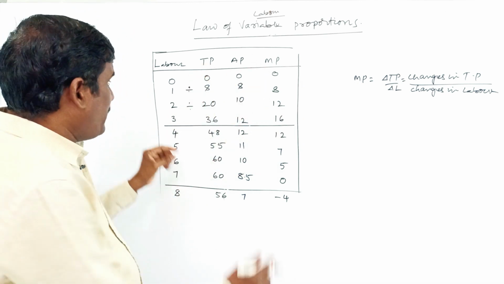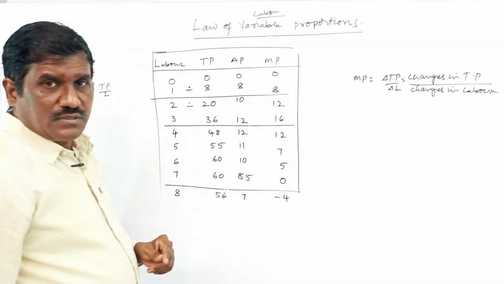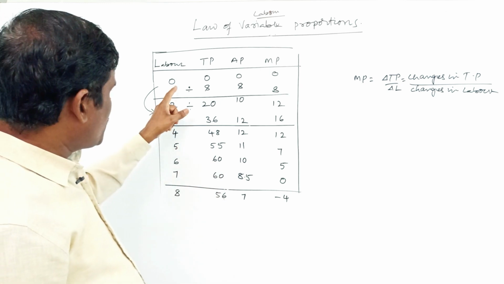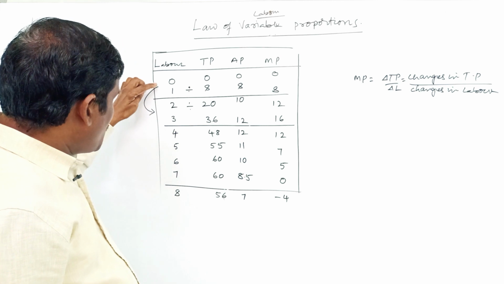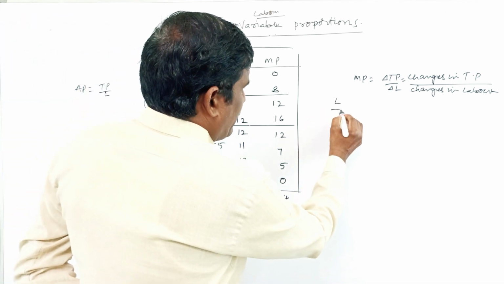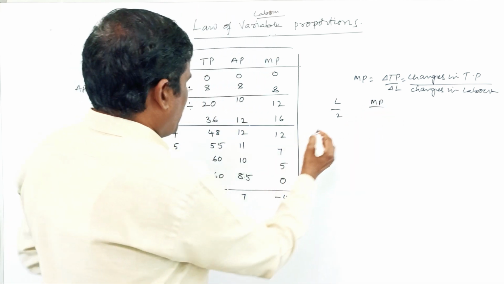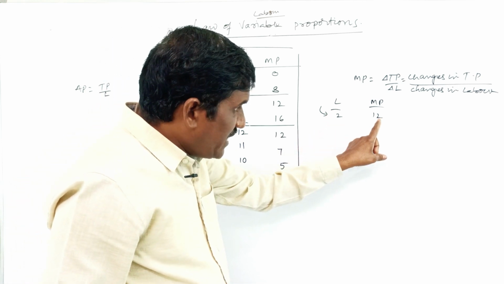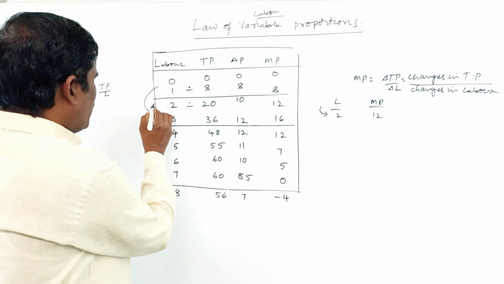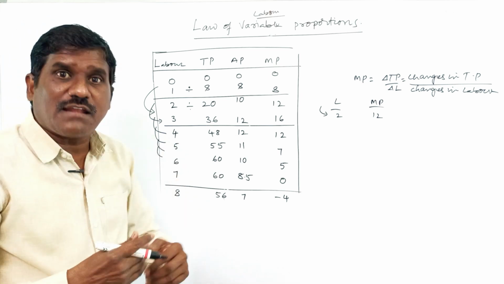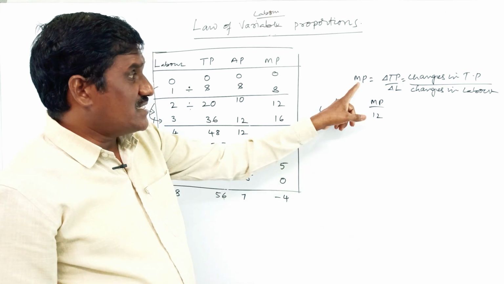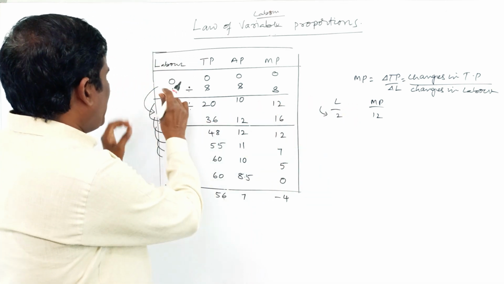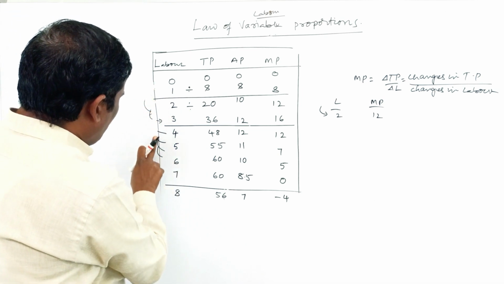What is the marginal? First of all, marginal means additional. For example, in the first one, when we appoint additional labor, from the second labor onwards, it is marginal. First labor produced 8. The second one is additional labor, marginal labor. The second labor produced 12. Additional production is 12. Then second to third additional, third to fourth additional. So when we add another one, that is treated as the marginal labor, marginal production. When the number of labor increases,